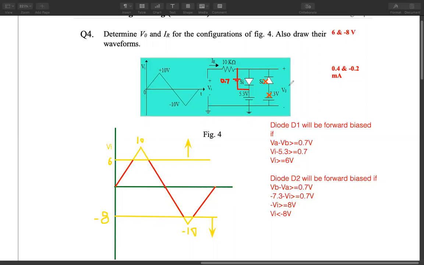Minus 7.3 minus 0.7. नहीं, इस केस में आप क्या कर सकते हो, जो वोल्टेज इस ब्रांच में है वही तो यहाँ पे मिलेगी। 6 volt. 6.7 minus 0.7, तो आपका 6 वोल्ट आ जाएगा। तो 6 वोल्ट आ जाएगा, तो उसको मैं यहाँ पे ड्रॉ कर देता हूँ 6 वोल्ट।